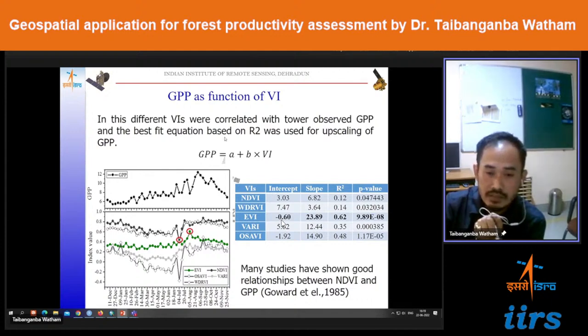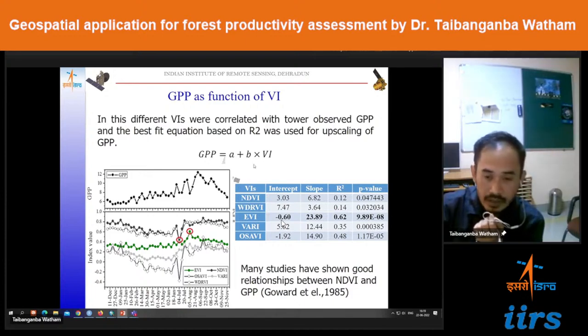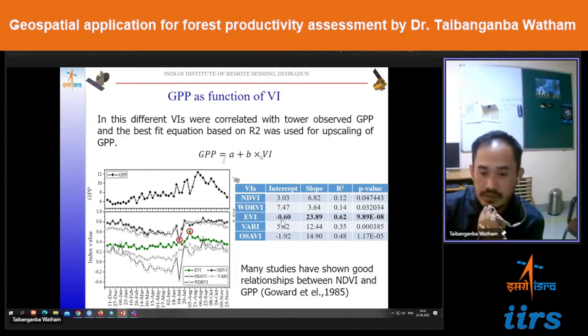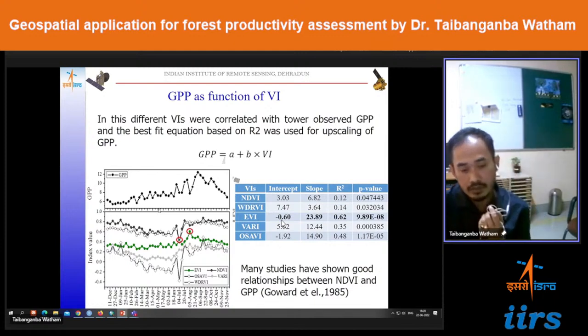This is one of the very simple methods. If you have the ground measurement information, then we can directly go for either a linear, logarithmic, or exponential relation. We can check which gives us the best fit, and we can use that vegetation index for upscaling the gross primary productivity of that vegetation. So in this case, what you can see here is for this particular Barcode forest,